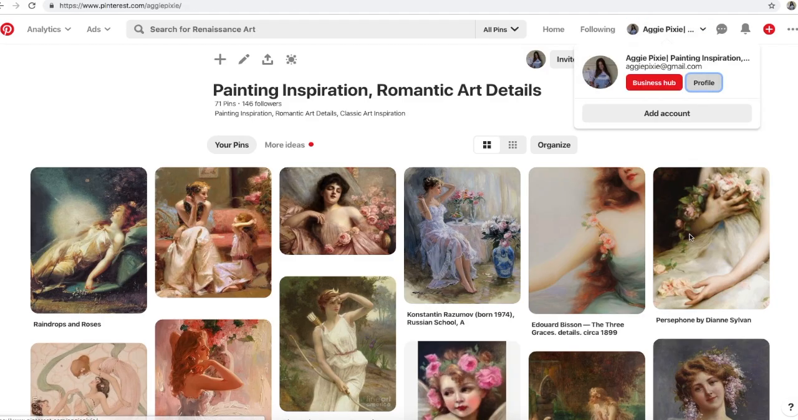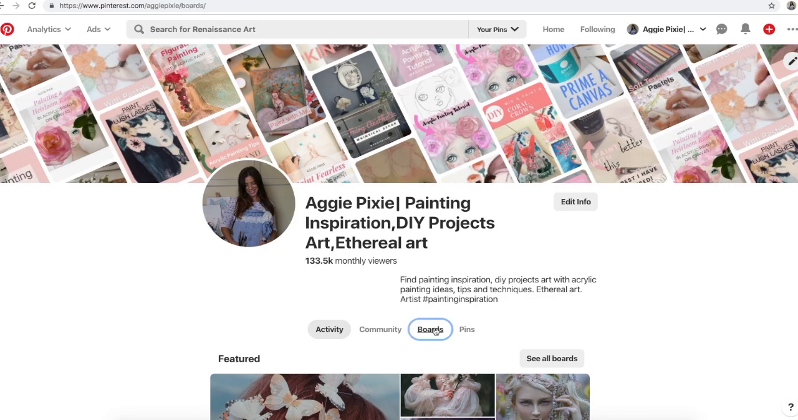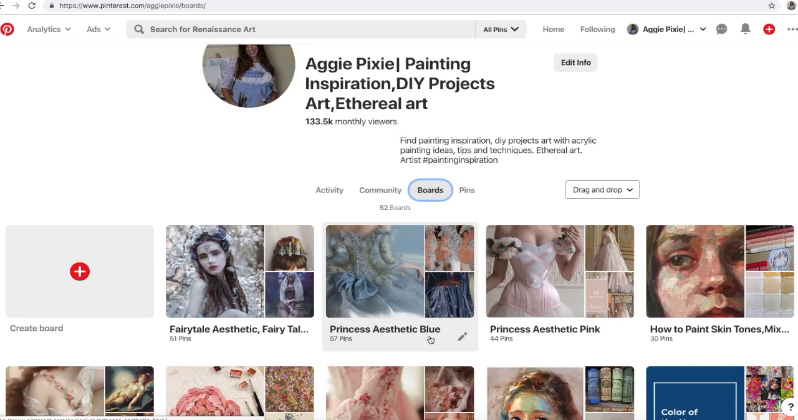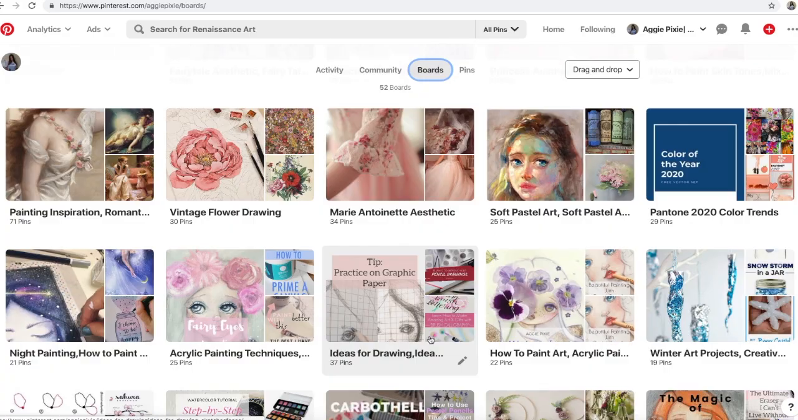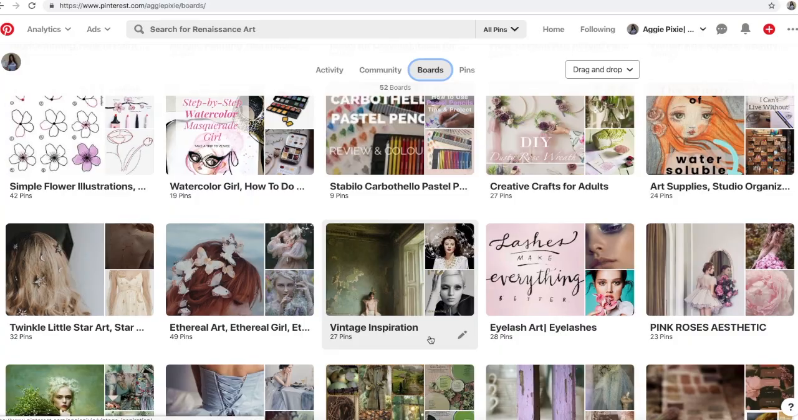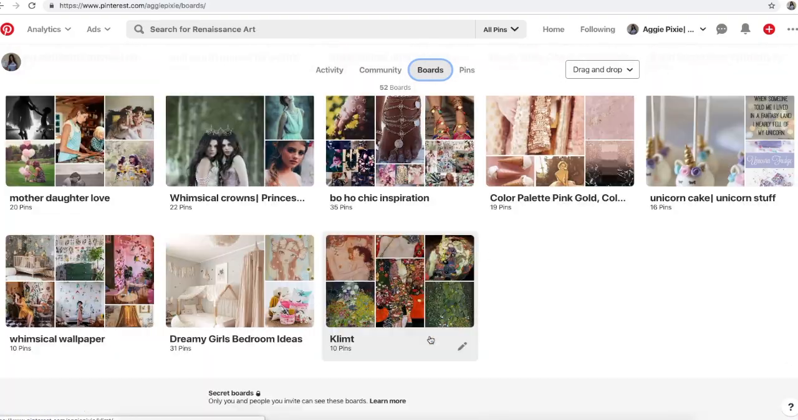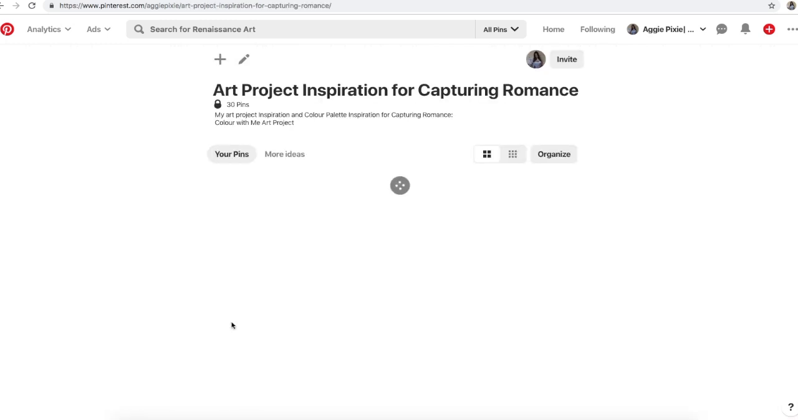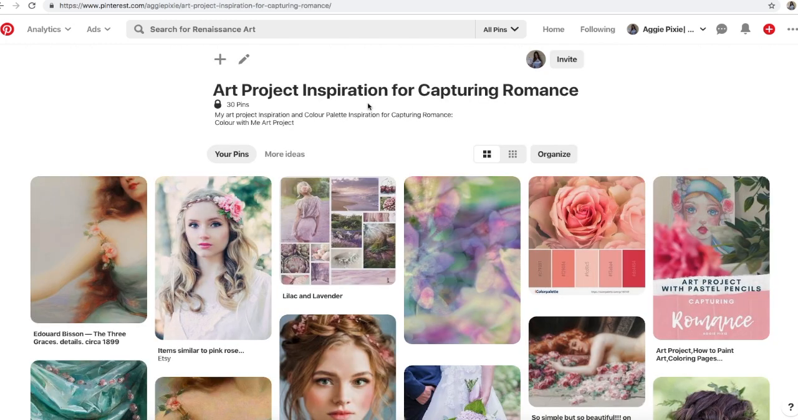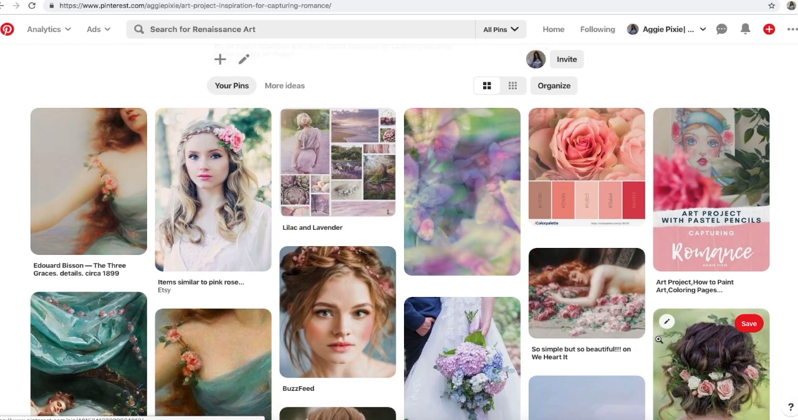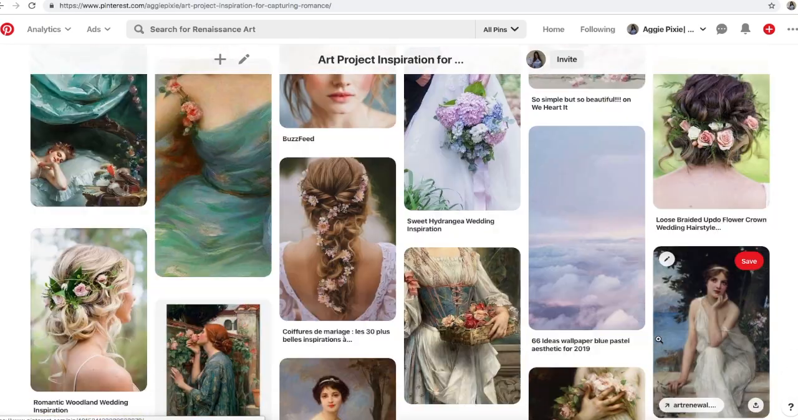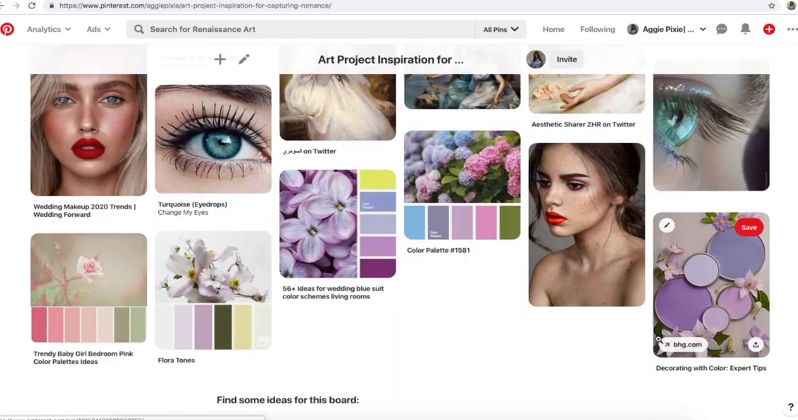And then I went ahead and made another board for this class, and I gathered up all kinds of references and inspiration that went into the final painting. So I called this board Art Project Inspiration for Capturing Romance. And then when you go into it, you'll see all the images and illustrations, photos, colors, color palettes,